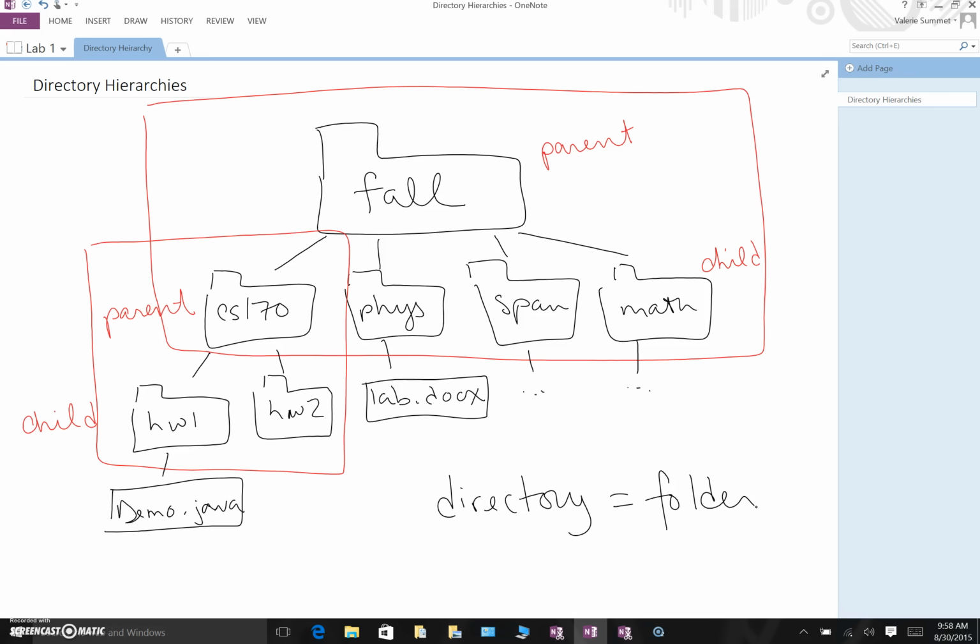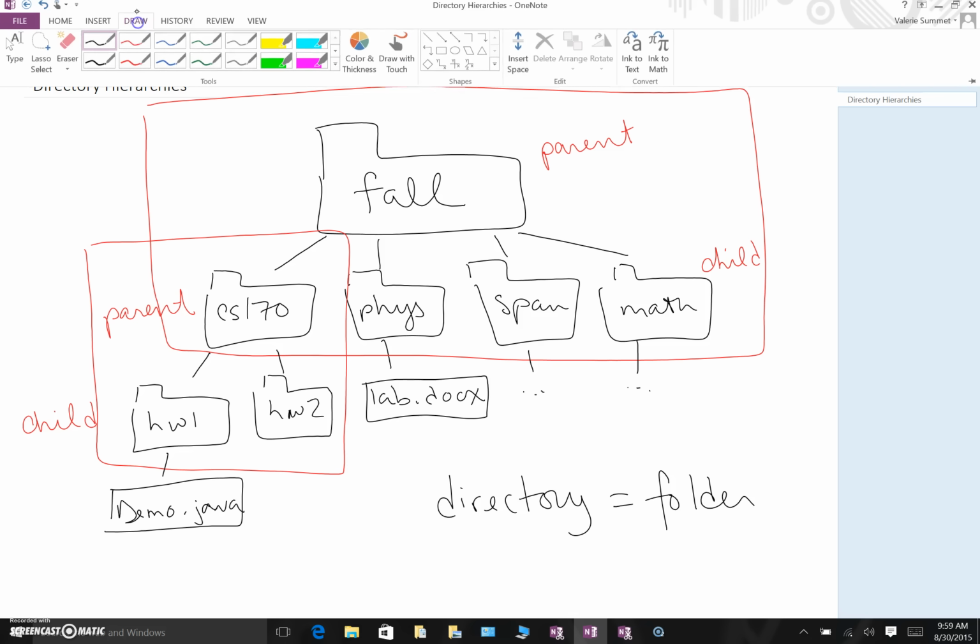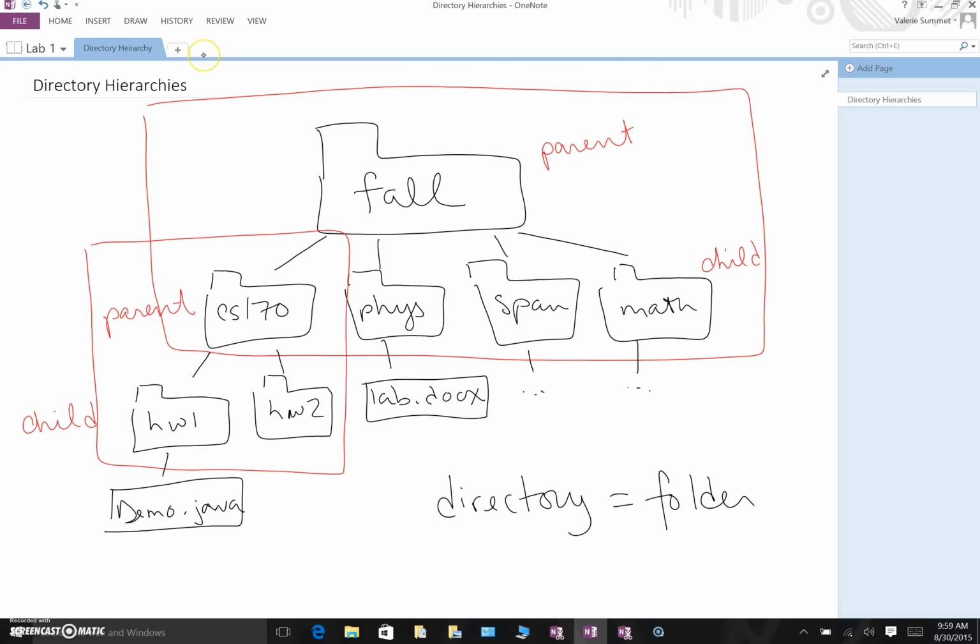So you may be asking yourself, what about the very top directory? What about this Fall directory? Can it have a parent? And that's a great question, and we'll talk about that when we talk about special directories in a later lecture. But for right now, you're just going to have to start thinking about the organizational scheme of a computer as being this directory hierarchy. Now, the other key piece of terminology for this lecture is when we talk about navigating